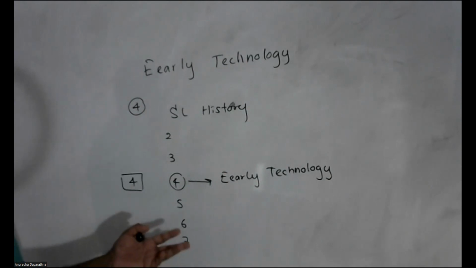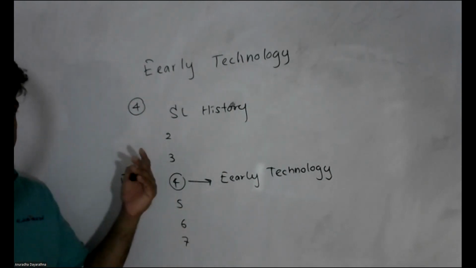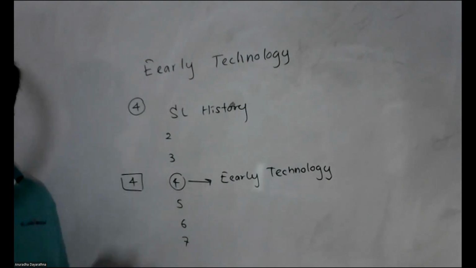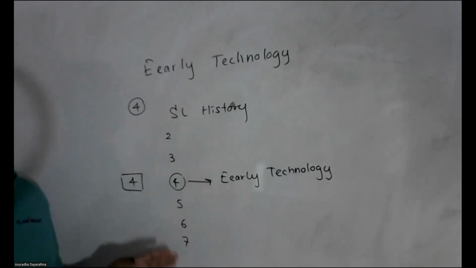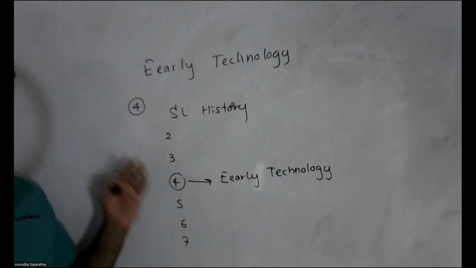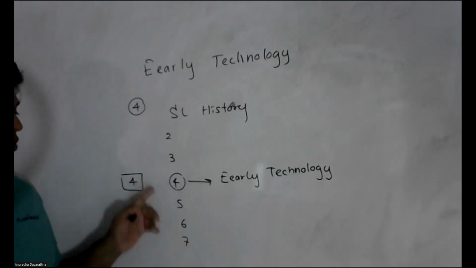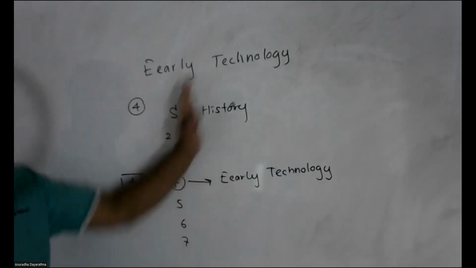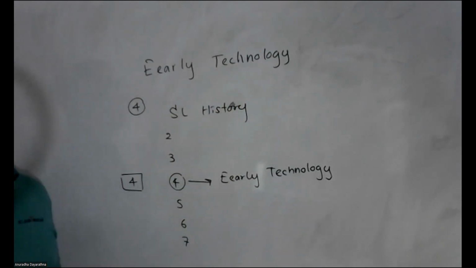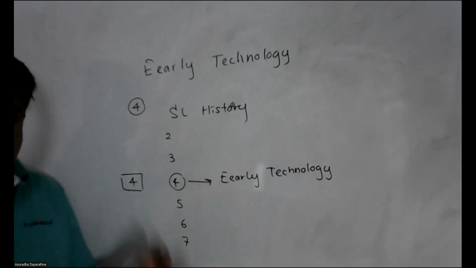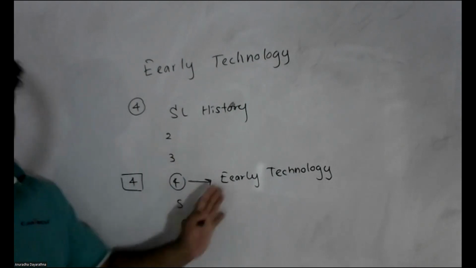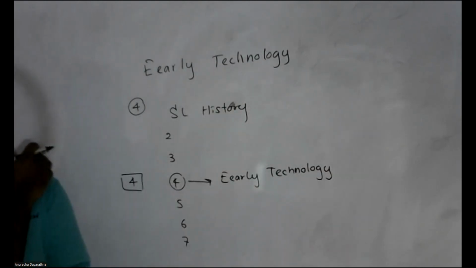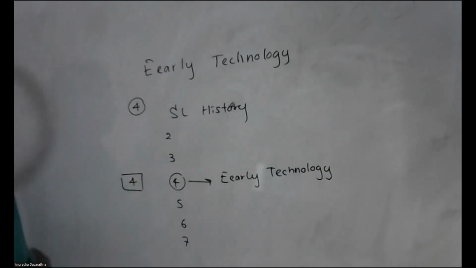That may be because they have changed the structure of this exam. The history paper, especially the second paper structure, has been changed a little bit, so maybe they have not given this question and have omitted it. But regularly this question on technology comes in the exam. Usually it comes, so this is a very important section. As it had not come for this time's exam, we can expect this one to come for this December exam. So however, when we take early technology, what are the areas that you should know?